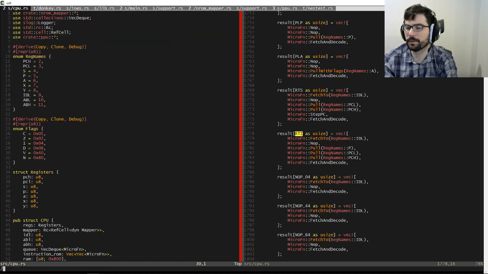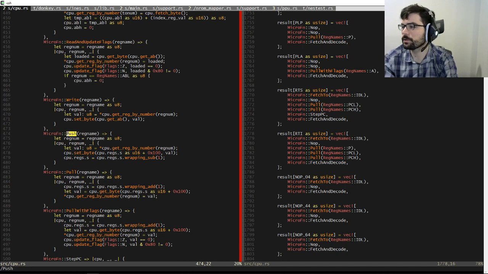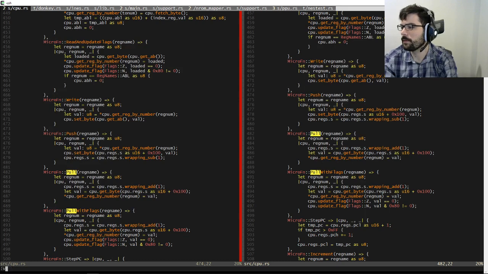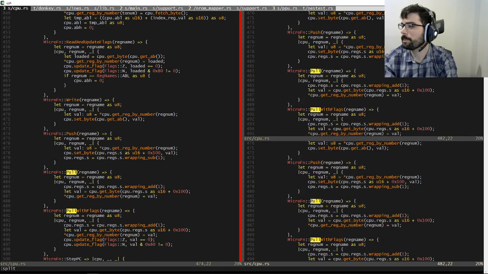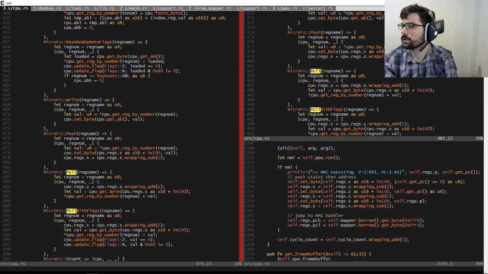Is the stack pointer being incremented, decremented in the right order? Probably that was going to be my guess also. So if we look at push, and we look at pull, or not V-split, regular split, and we look at NMI, so for push, we are writing and then subtracting,